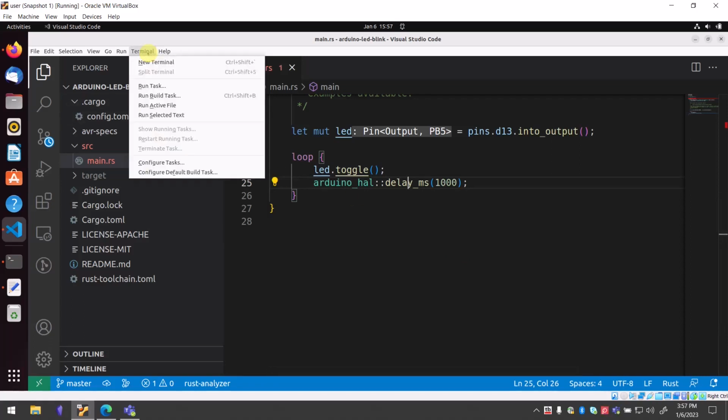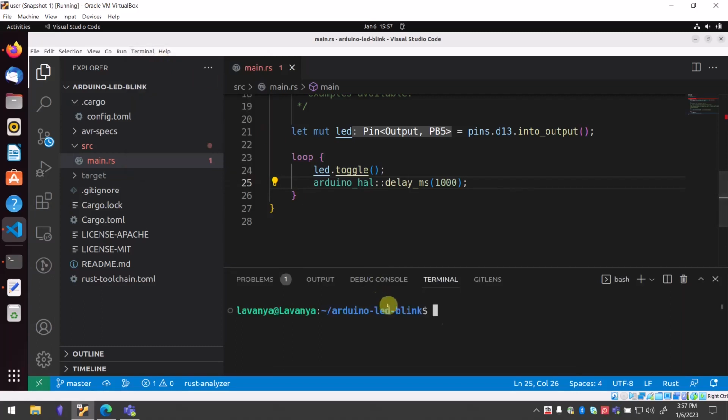So I'll open a terminal here, and I'm already in the folder. Now I'm going to go ahead and do cargo build. If I hit enter now, it is going to build, but if I hit space --release, it's going to